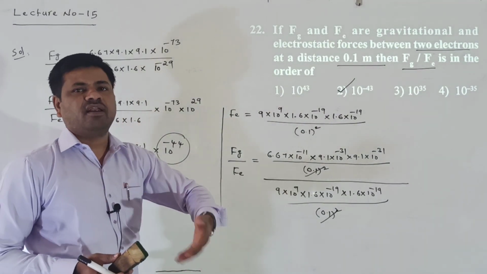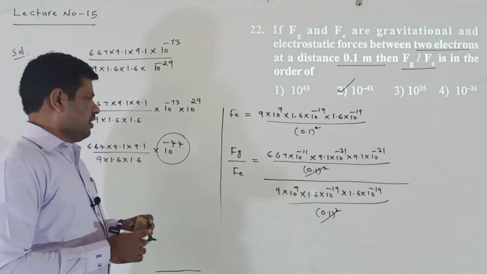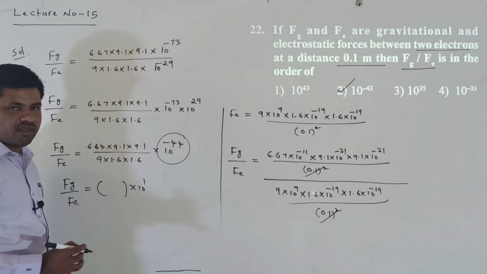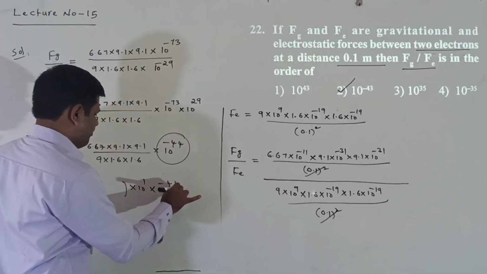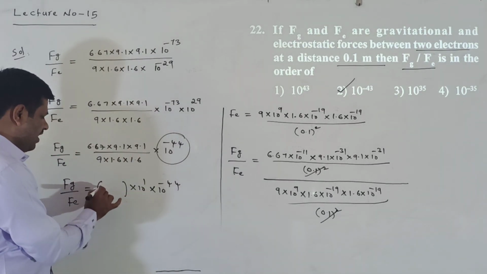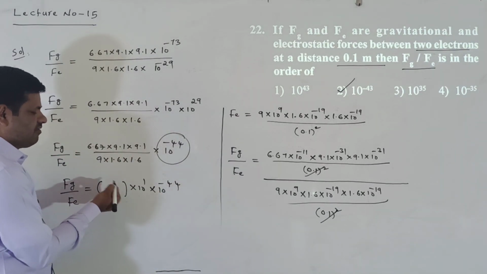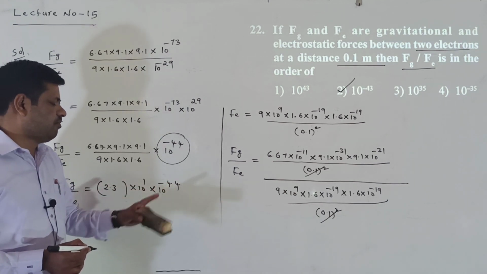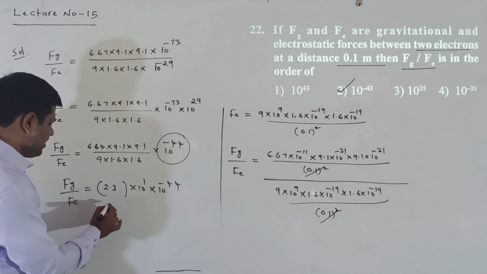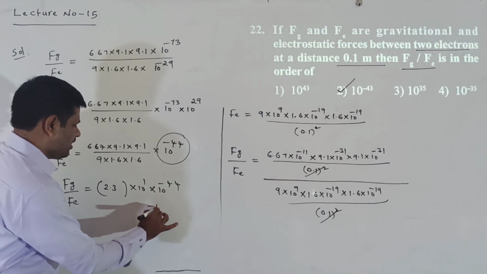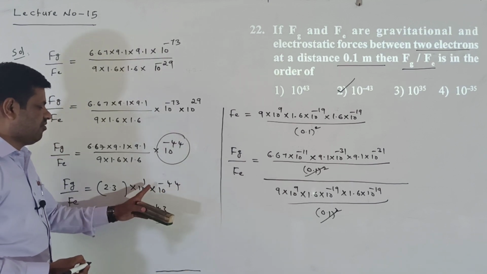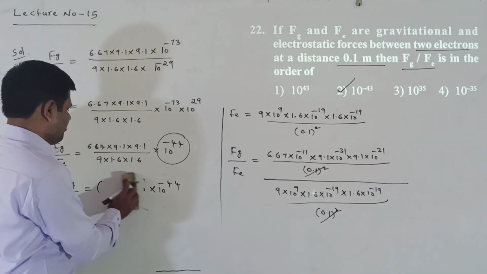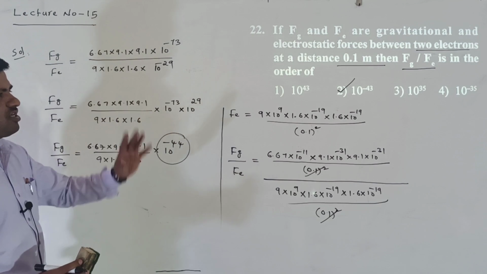Suppose 44, 41 like this were given, then you can calculate in total. When calculating this value, we get some value into 10 power of minus 44, something like 2.3 into 10 power of 1 into 10 power of minus 44. Now the near power we get here is 10 power of minus 43, since minus 44 plus 1 is equal to 10 power of minus 43. That means that much calculation is not required. Just by working up to this point, you can understand which option is correct.